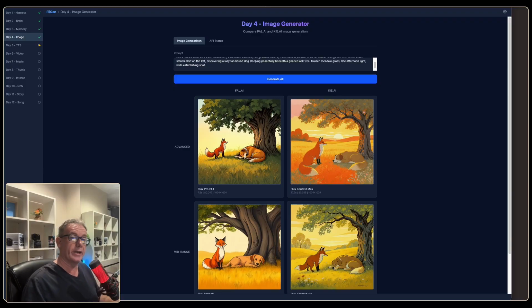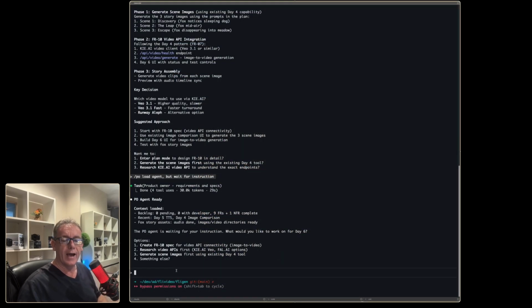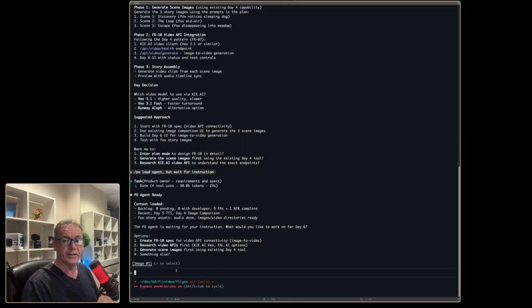So the first thing I'm going to do is take a picture of this entire screen, and then we're going to go down to the terminal and we're just going to paste it in as a starting image. And we'll start writing our prompt as, I would like to create a clickable link for each of the images that we generate. And if we click on one, it adds it to a shot list.